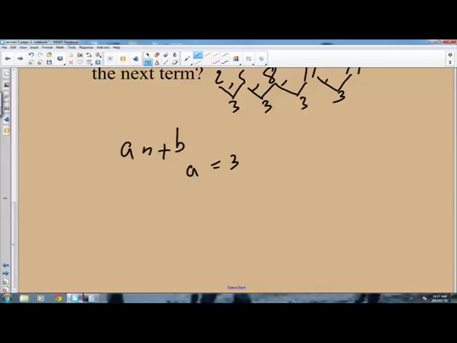And then we got a. But then what about b? We are to find the value of b. The expression is an plus b. So we will have 3 times n plus b is equals to, we are now here working out the value of b. So the value of a is 3, and then n will remain as it is, plus b, it's equals to,